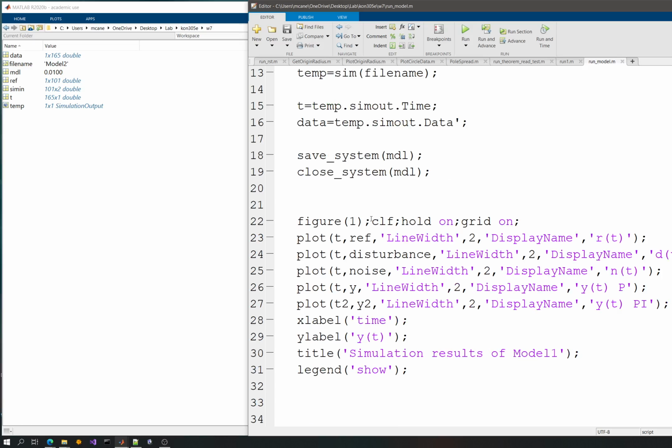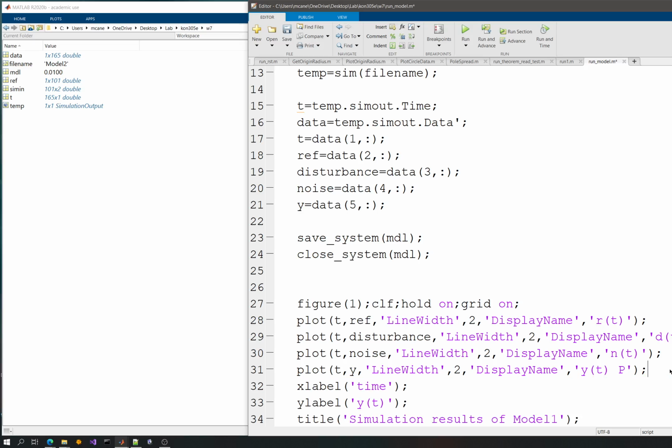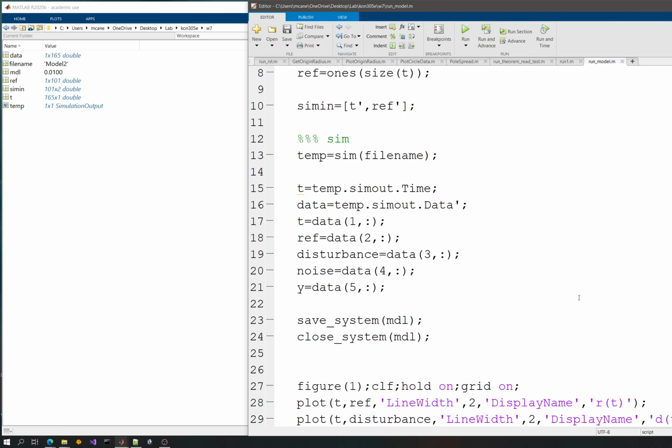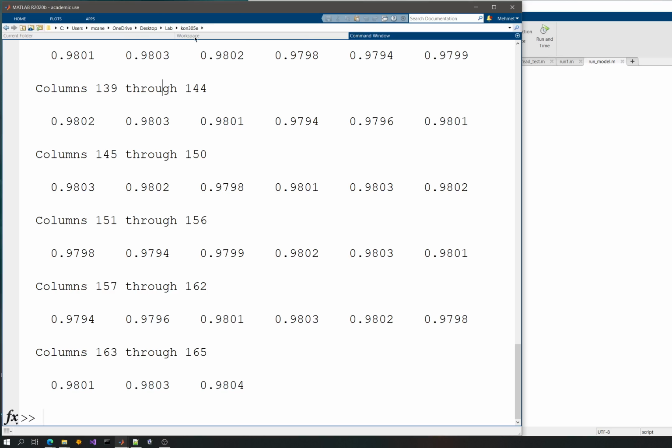Since I have the data, I might want to paste it here. This is not necessary, but time, reference, disturbance, noise, and output should be here. So let's get rid of this PI for them at the moment. And then this here. I keep in mind that I should open up the